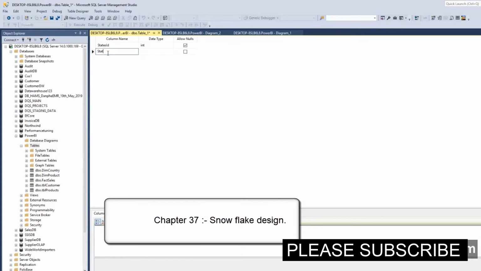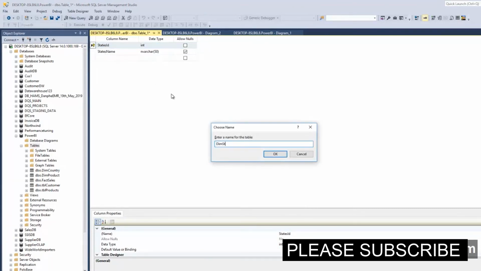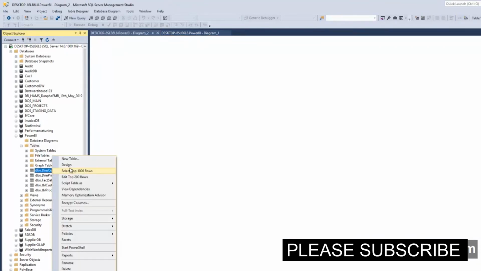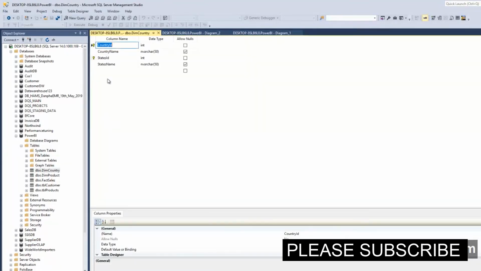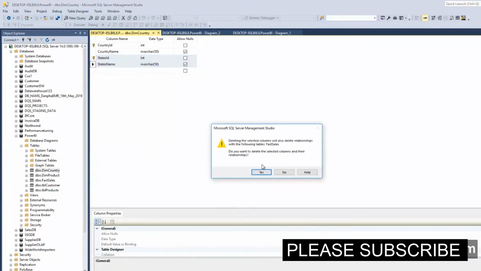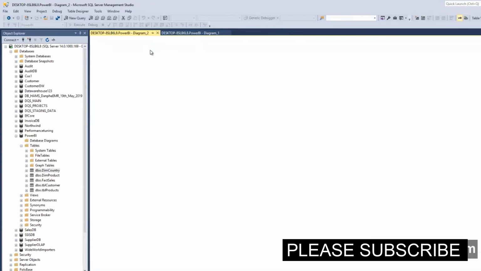and states name, right? And I'll set it as primary key and call it dim states, right? And from this dim country, I will remove those two fields from out here, right? And I'll remove the fields from out here. So this country ID will be the primary key, right? But this dim states table,